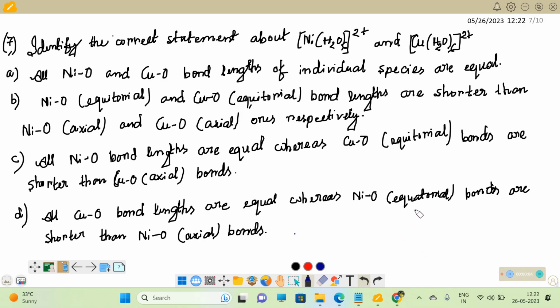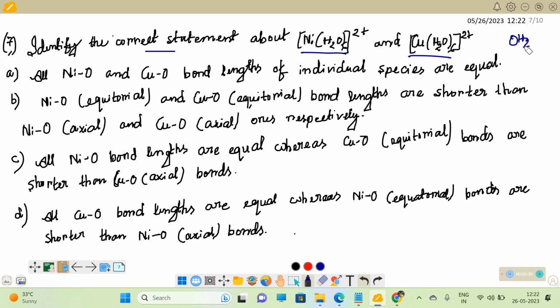So coming to the next question, you have to tell the correct statement. The first one is, two complexes are given and you have to tell which statement is correct. Just read the statement. It talks about the bond length of the M-O, that is, the metal and